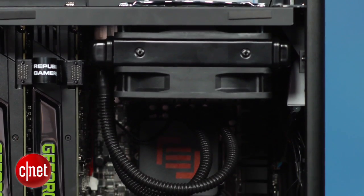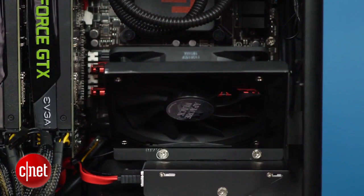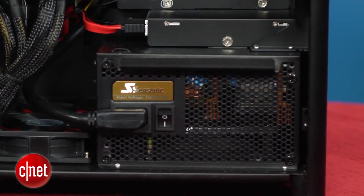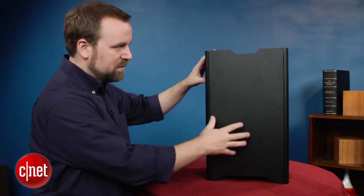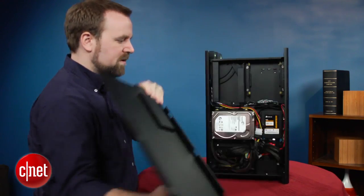Up here there's a water cooling rig. Now behind this fan there's 2 sticks of memory, and you can add 2 more. Here you've got the DVD drive, and here's the big 660 watt power supply. So what we haven't seen yet is the hard drives, and that's because they're actually situated on the other side of the system. Just pop off that side panel,